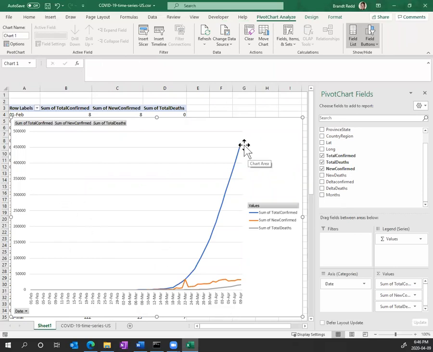Here you can see those numbers that we just looked at. Most recent, 461,000 confirmed cases in the United States. New confirmed cases overnight, 32,000, and total deaths, over 16,000 in the United States have died of coronavirus so far